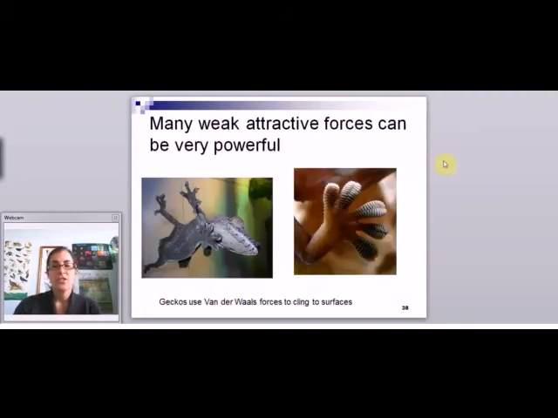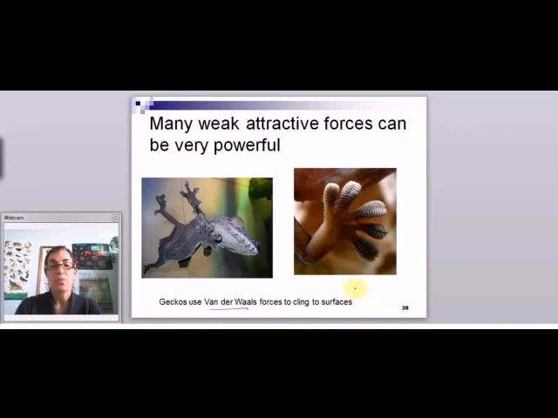So many of these interactions, like the van der Waals and the hydrogen bonds, are very weak. But as we said before, when you have lots and lots of weak forces or bonds, they can still be very, very powerful. And one of the examples from nature is the gecko. And here's an image of a gecko, and here's a close-up of their feet. The gecko actually uses van der Waals forces, these very weak attractions, in order to cling to surfaces. So they don't have anything sticky on here. There's nothing sticky that allows them to stick. There's no suction. What happens is there's just millions and millions of van der Waals attractions between their feet,